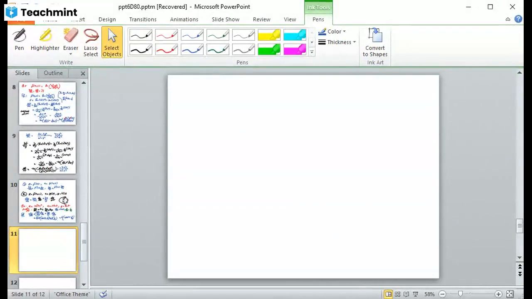So suppose that W is equal to e raised to power x into sine of y plus 2z,